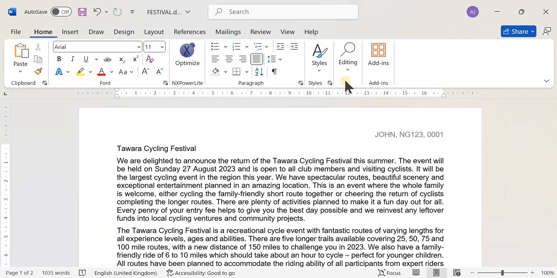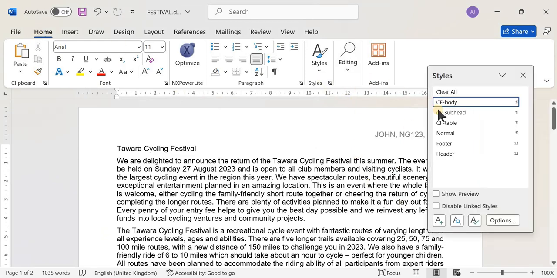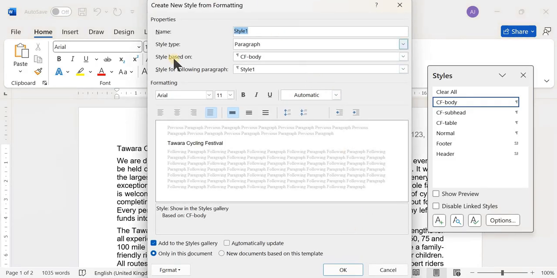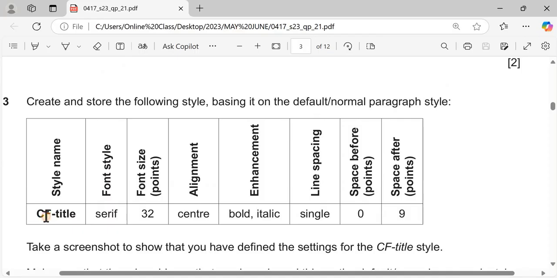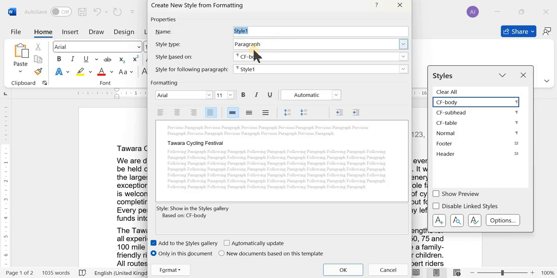All right, here I'm going to be using my styles. I'm going to open the style manager, and on this tool here we have the new style. Click on the new style, and that dialog box pops up. You can see the title says create a new style. So what's the style name we are creating? We have CF title. Once again, you will be typing in the exam hall. Well, lucky for me, I am copying and pasting. But if I was to type, I would also type. So ensure that you type it